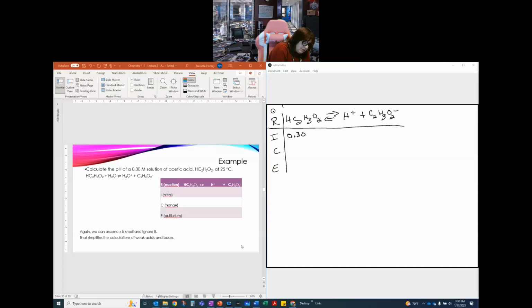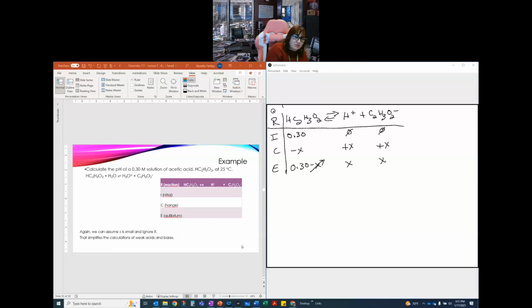Change, equilibrium. I know that this is 0, this is 0. This is a minus x, that's a plus x, that's a plus x. So 0.30 minus x, I ignore the x. And then this is going to be an x and an x. My x, on the other hand,